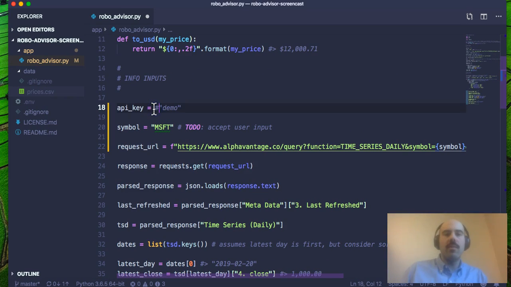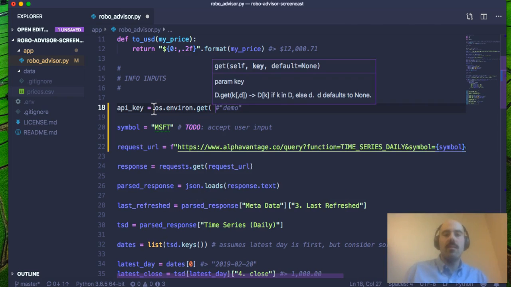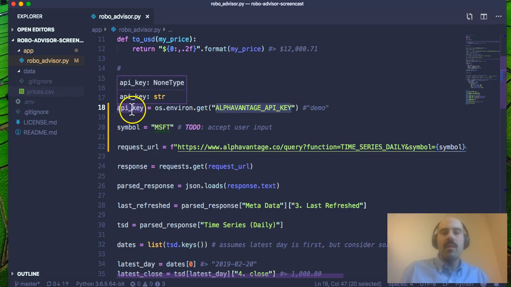So not demo, but os.environ.get, the name of the API key, or the name of the environment variable. So this should now read the environment variable from our .env file,